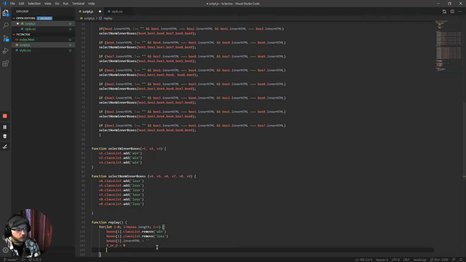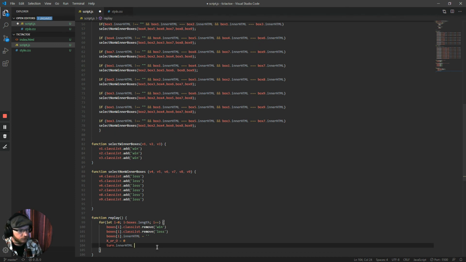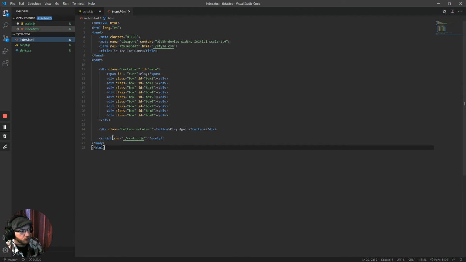And then we're also going to turn dot... Oops. I have no idea what happened there. That was really weird. Turn dot. Okay, that's bizarre. Let's try it that way then. Sometimes Visual Studio Code does some strange things. All right, and then we're going to reset turn inner HTML to play, and turn, if we remember,